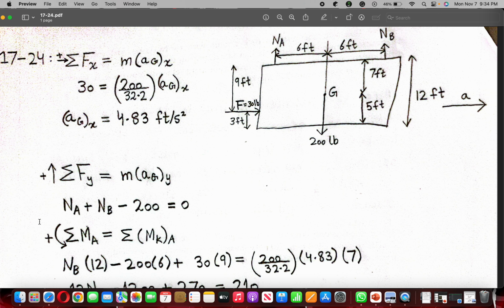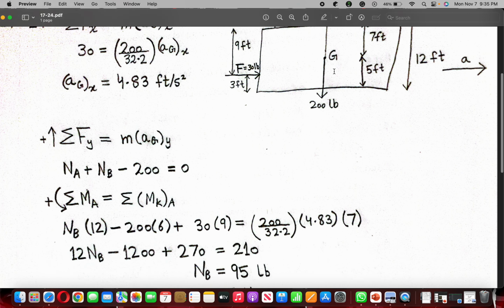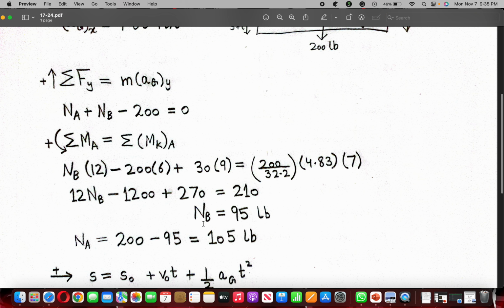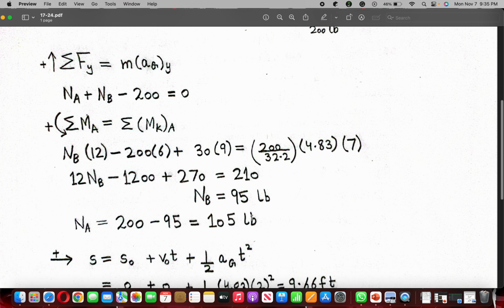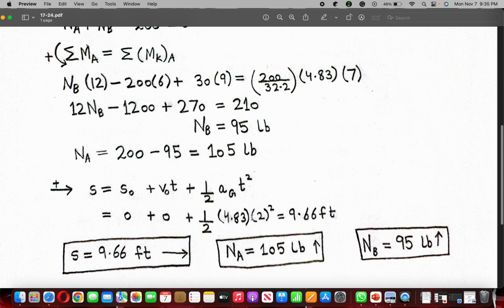And anticlockwise or counterclockwise is considered positive, and clockwise is considered negative, so we put a negative with 200, equal to the moment of inertia, which is mass multiplied by acceleration multiplied by the distance. As you can see, the inertia is in the horizontal direction, so we multiply it with the vertical distance, which is 7. By doing the calculation, we find Nb, which is 95, and then we put it in the previous equation and find Na, which is 105, and then we use the displacement equation, which is S equal to